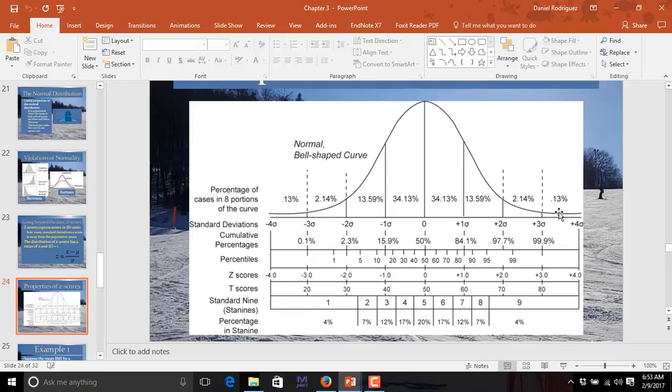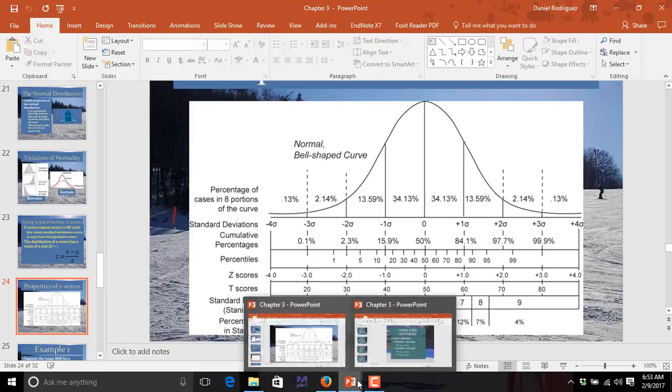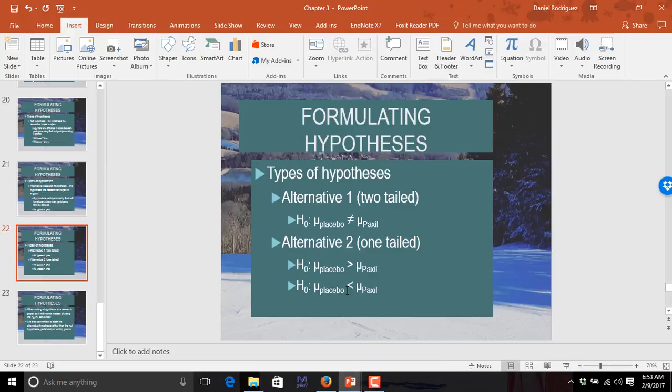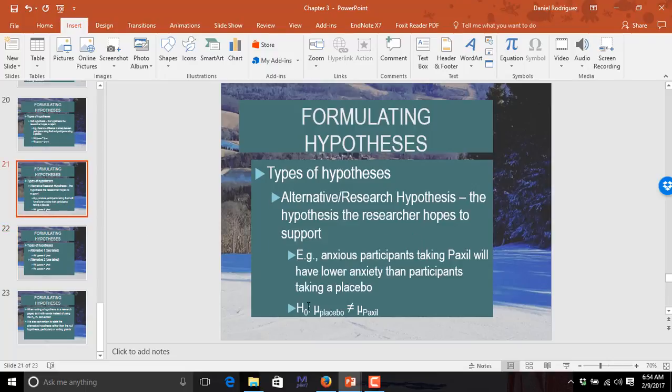Now, that would be a one-tailed test, right? Because all 5% of the distribution is to the right. So this would be equivalent to saying that, let's go back to our previous slide. That would be equivalent to saying that our anxiety in our Paxil group is less than our anxiety in our placebo group, right? So if we go back here, earlier, let's see,